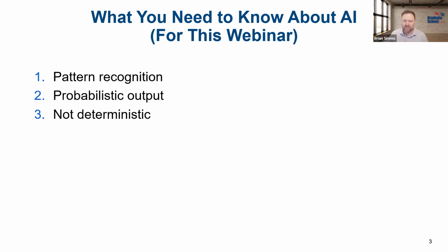Once it's given you its output, it's given you its answer, that's not necessarily the end of the story. It's not deterministic, which is a good segue into the fourth point: AI doesn't make decisions, right? This is true in a legal sense. It's also true in an ethical sense, right? Humans make decisions. And in any use of AI, you are the final word, not the AI. And we want to proceed with that in mind, right?